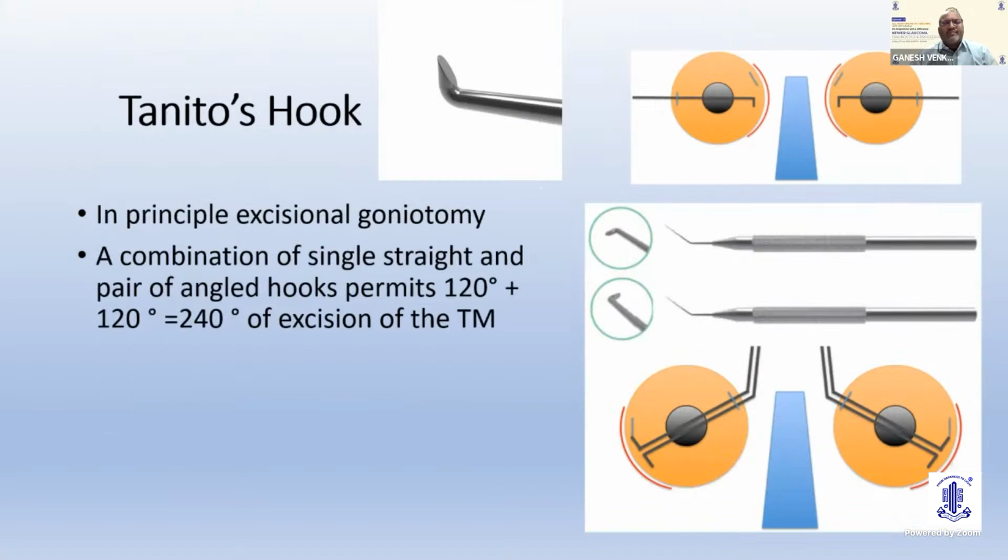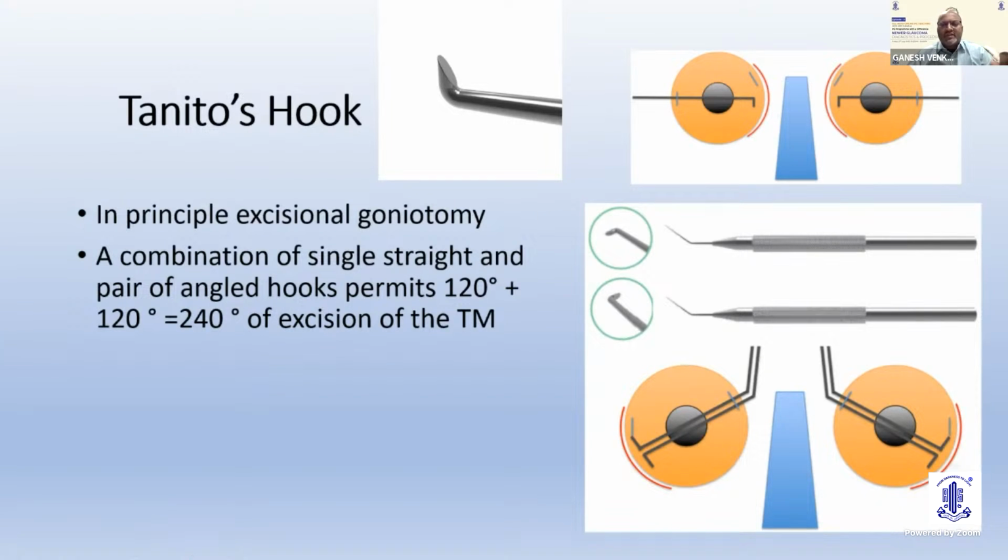Tanito's hook is another type of excisional goniotomy. The advantage of this is that if you look at the previous video, you'll see that you can operate only about 120 degrees, as shown in the image at the top. But if you use a pair of